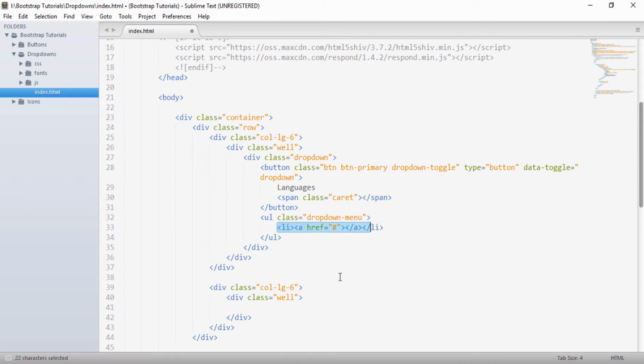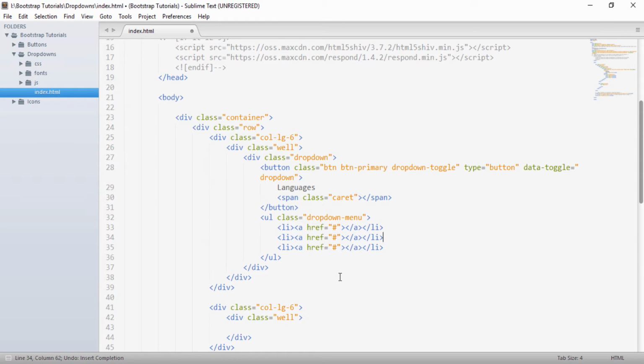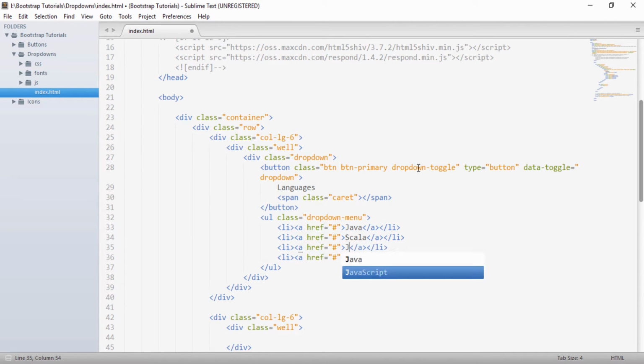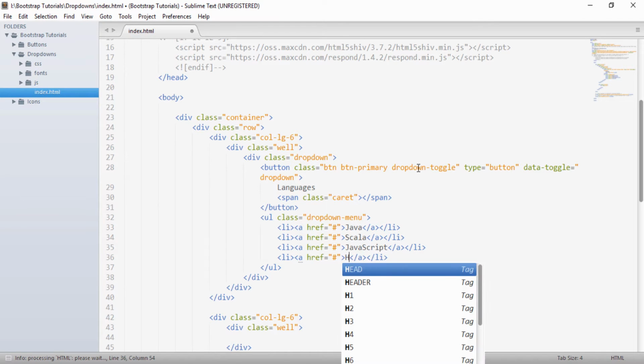I will copy this 3-4 times, and to these I will provide different languages: Java, Scala, JavaScript, and HTML.